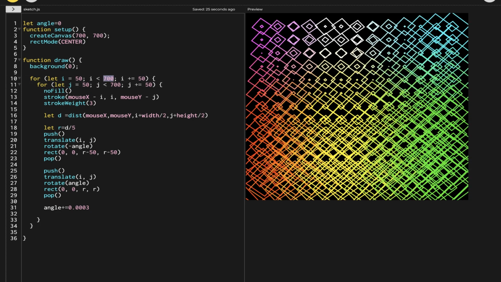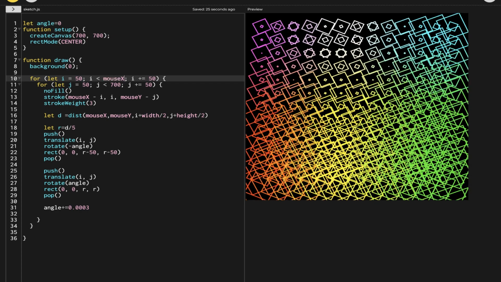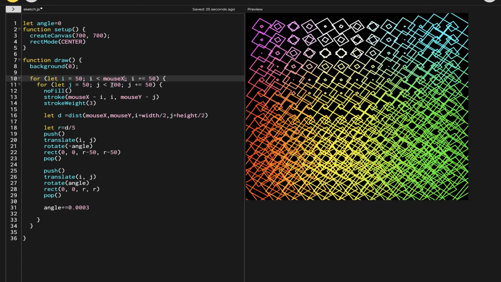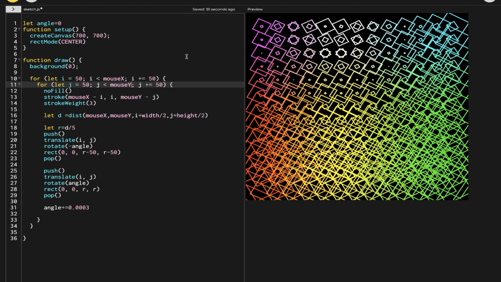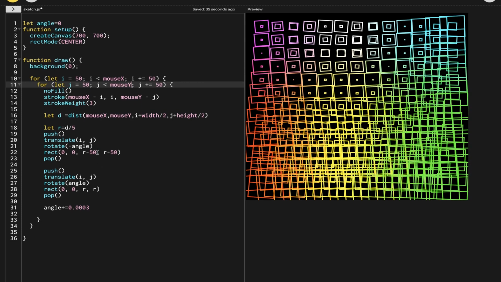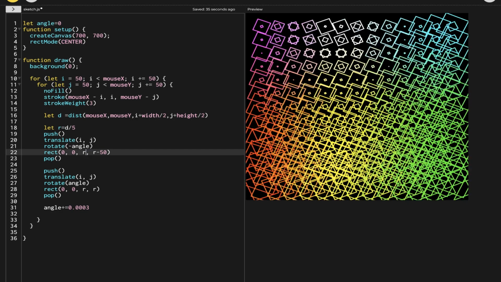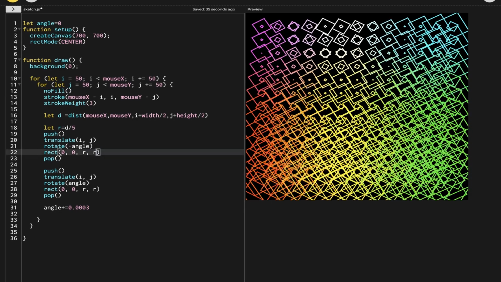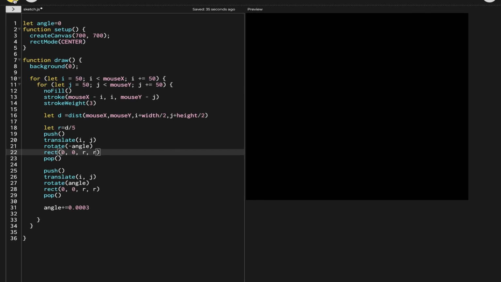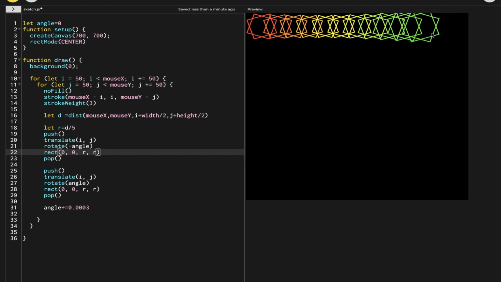I think that was much nicer looking than this. So let's revert it back to mouse Y. And this time I just want to remove the minus 50, so one square is not smaller than the other. This time I want them to be of the same size. Now when I do it, they are of the same size,